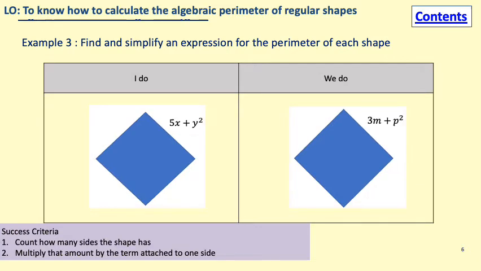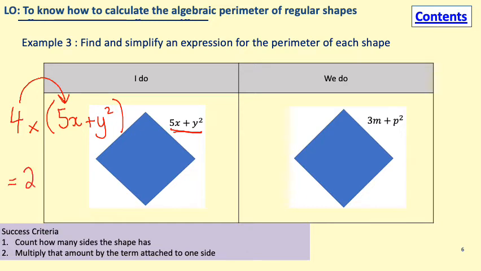Here we go now. We are going to touch on something that came up in our last lesson on the GCSE style question. So again, we've got a 4-sided shape and we're going to be multiplying it by, now I'm going to do brackets because we have more than one term. So we have 5x plus y squared. If you remember last time I said that we have to times the 4 by everything inside. So we have to do the 4 times the